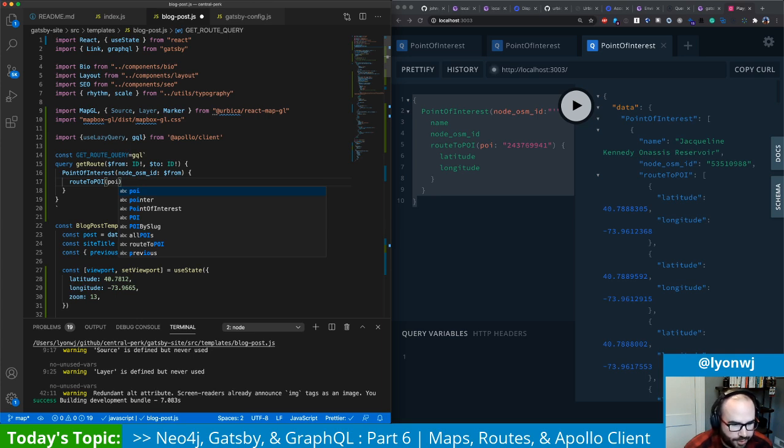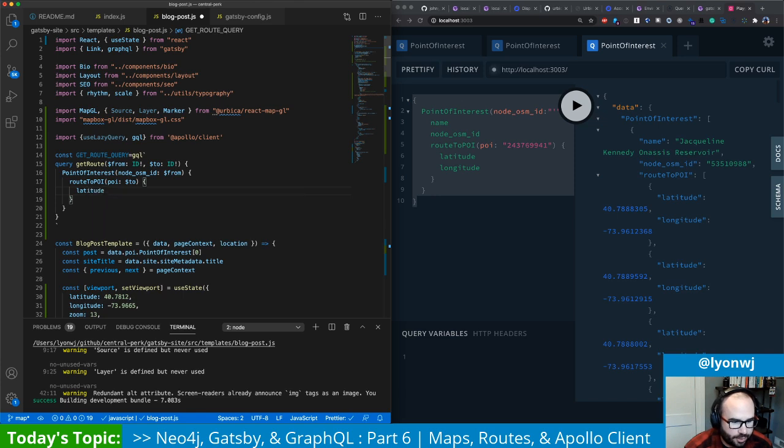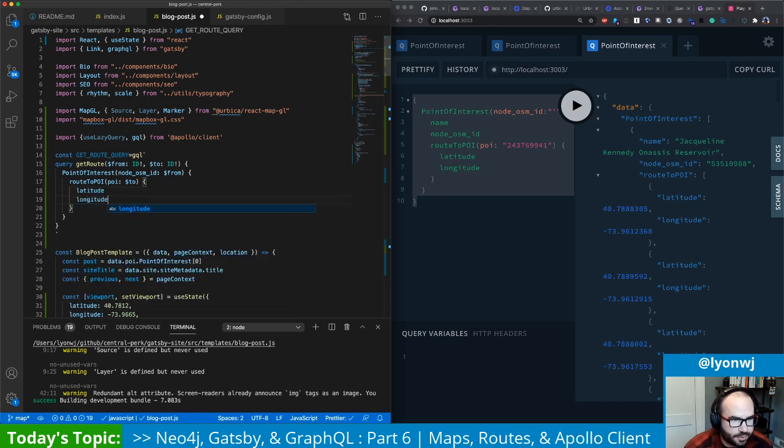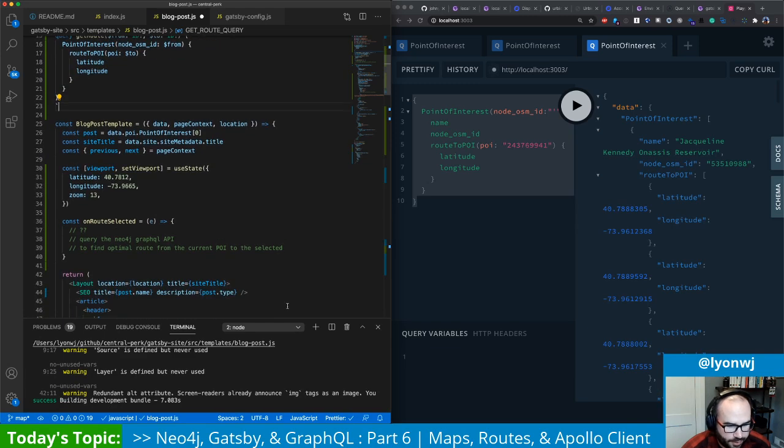Okay, so routeToPOI, that's the field that we want to select on the point of interest, passing now the to point of interest ID, and we want to get back a bunch of latitudes and longitudes. Okay, cool. So that's the query we want to run, and then